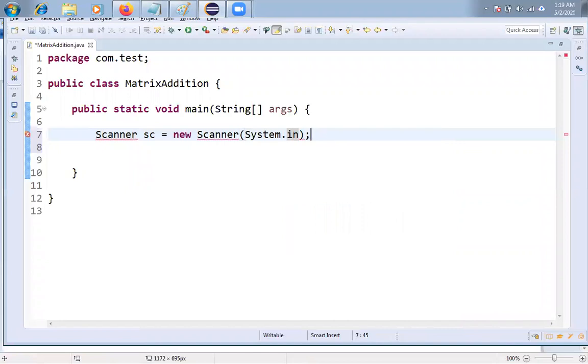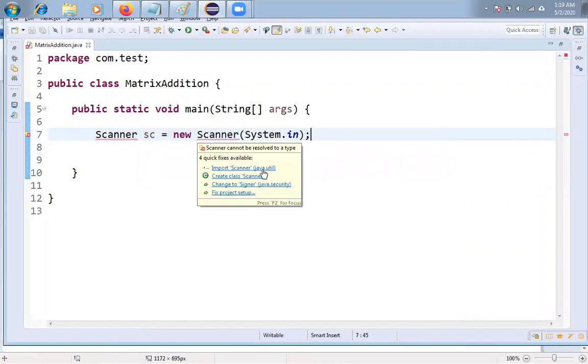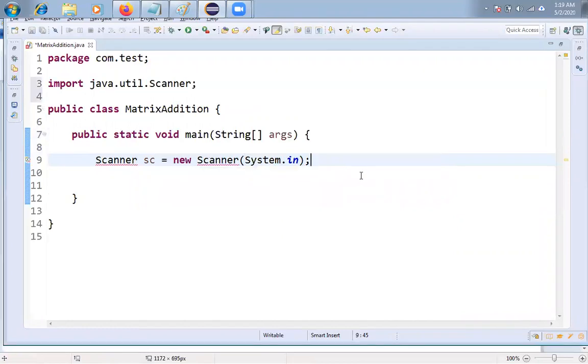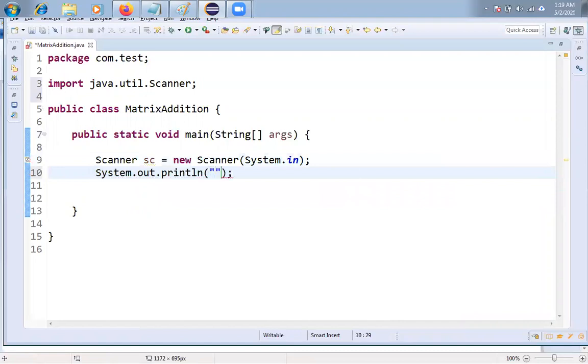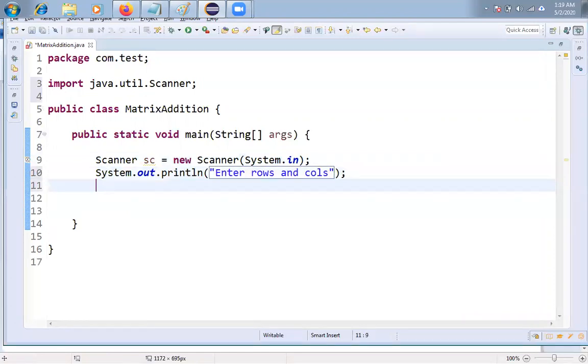The Scanner class is available in the util package, so you have to import that util package as well. Now I am trying to display one message on the screen. What is that? Enter rows and columns.